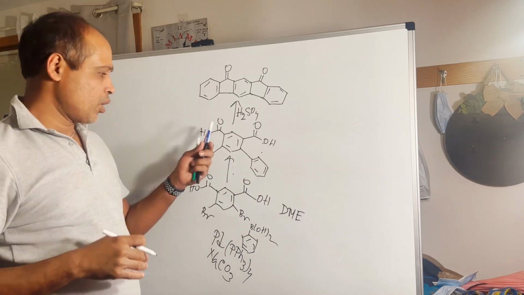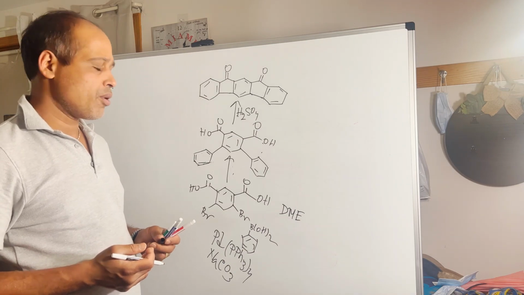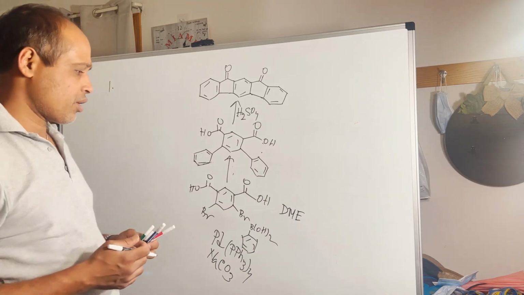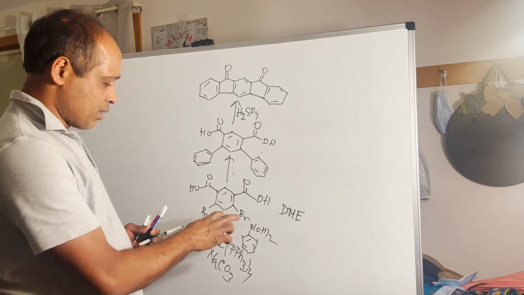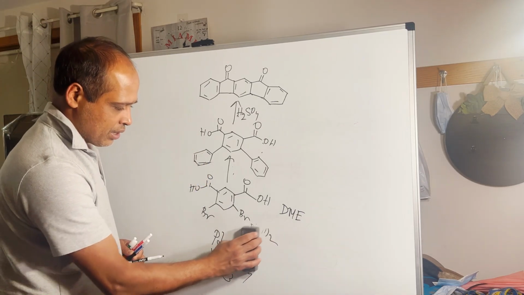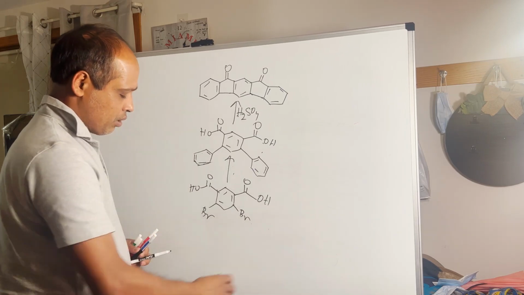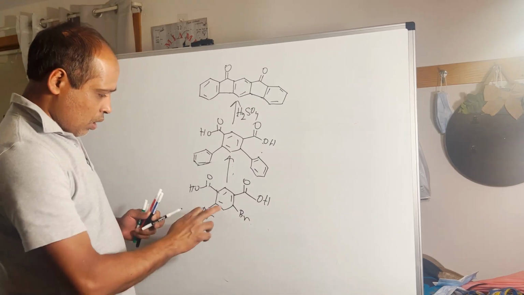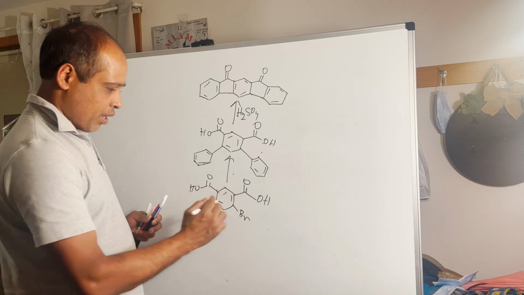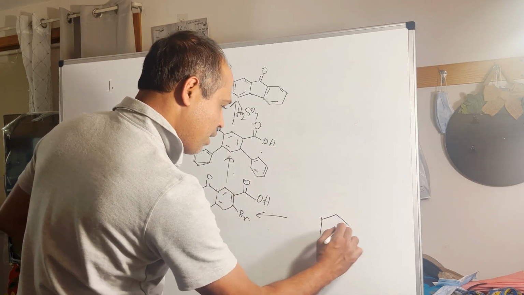If you have any question about this reaction, ask me in the comment section. I will give you the answer how you can do this reaction. So now the point is, the aryl boronic acid is easy to buy, commercially available, and the catalyst and DME are available. But now we need this compound, and from where we can get this compound, we can make this compound